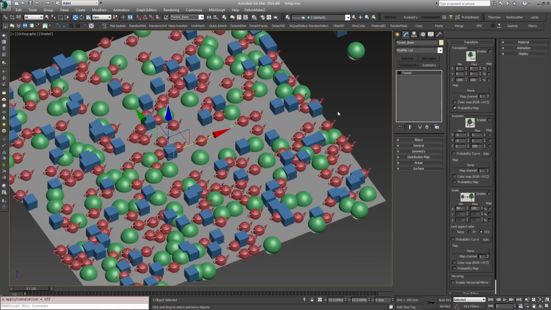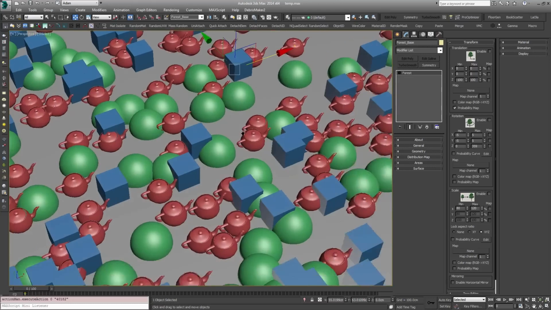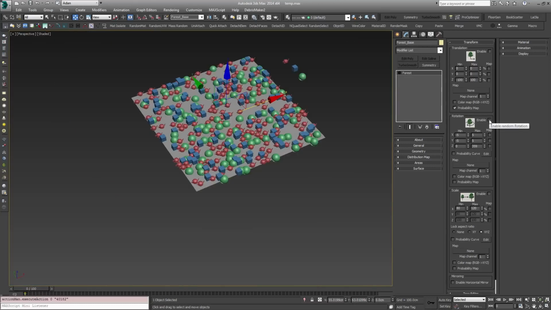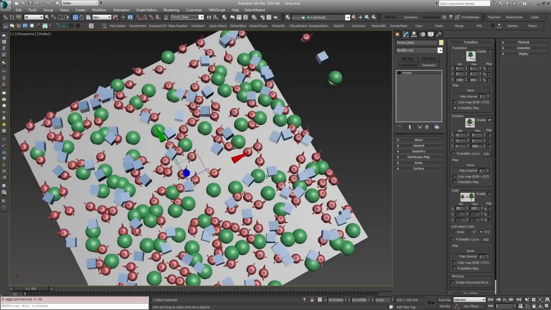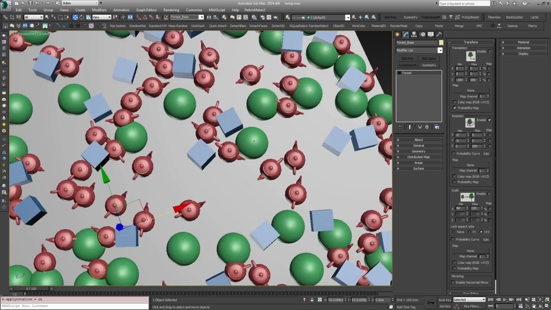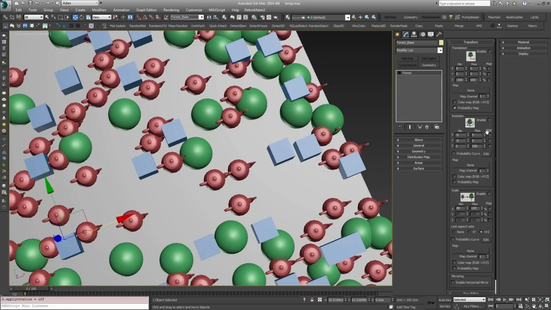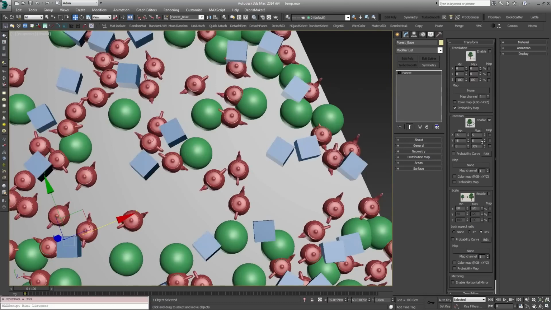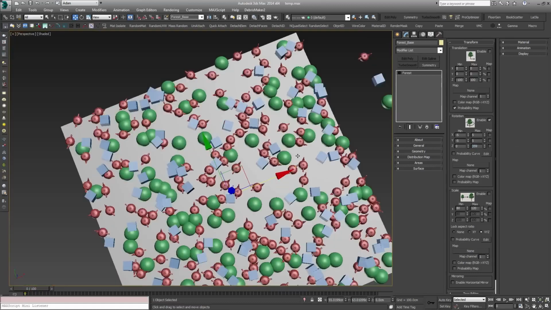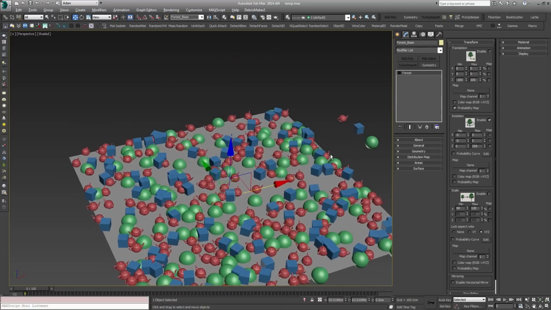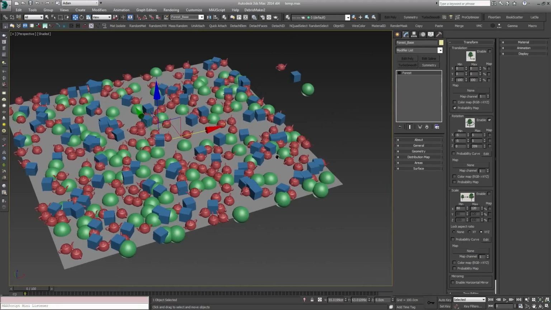However, for example, it is very common, to generate mainly forests and similar things, to use a variation in rotation. Notice that all our geometry automatically acquires a random position. Look, before we had all our teapots, for example, pointing in the same direction, and now, as we have told it, it has a rotation that goes between 0 and 359 on the axis, so our spheres are rotated in all directions. This will allow us, for example, when we simulate a forest, that using few trees, it seems that we